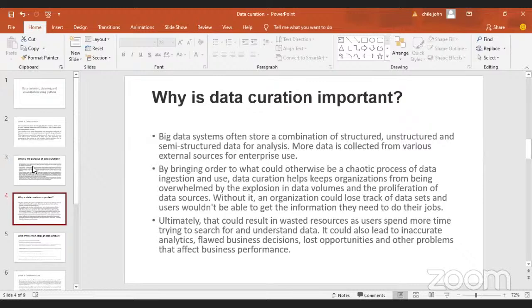That includes creating searchable indexes on the data sets being curated. Why is data curation important? Big data systems often store a combination of structured, unstructured, and semi-structured data for analysis. More data is collected from various external sources for enterprise use. By bringing order to what could otherwise be a chaotic process of data ingestion and use, data curation helps keep organizations from being overwhelmed by the explosion in data volumes and the